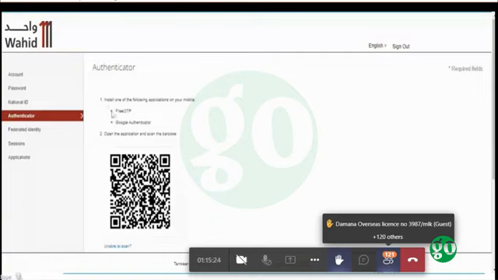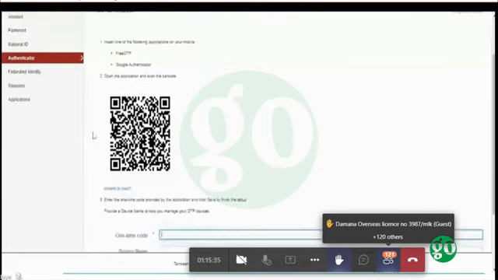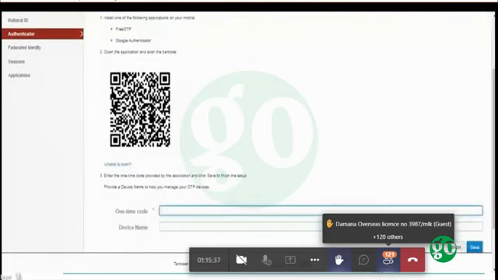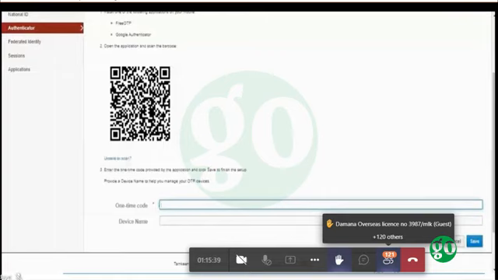We would recommend uploading the Google Authenticator application because it's much easier to use. After that, user should open the application through his mobile and scan the barcode that is displayed on the screen. User then should enter the one-time code provided by the application and click Save to finish the setup.